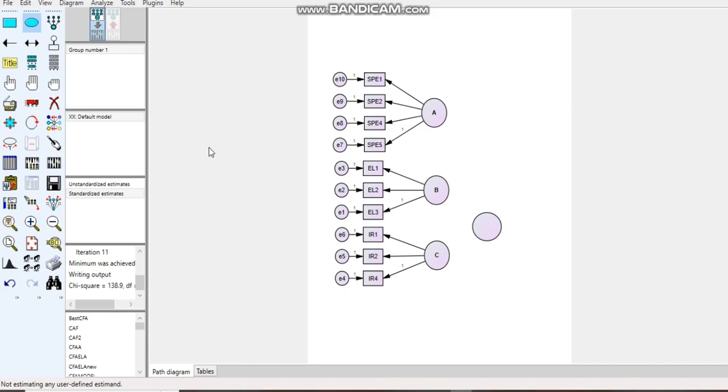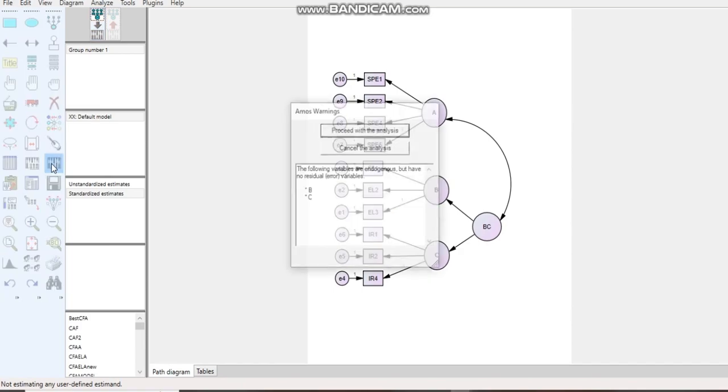That's because two variables are highly correlated. So we draw the paths between these two, because we have created a common variable representing these two latent variables which are highly correlated. And then the second thing I would like to do is to correlate this,